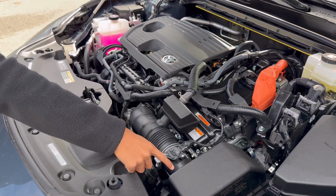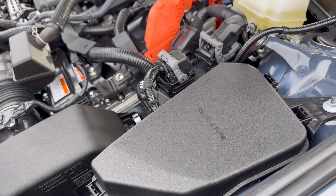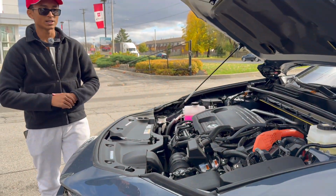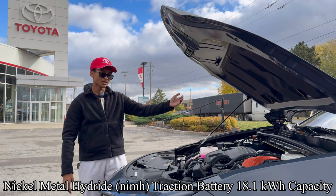This is the intake, as you can see here. This is all your hybrid motor and the car's fuse box. And it overall looks very organized. You have the insulation on the top so it doesn't damage the car's hood and the paint, but it's overall